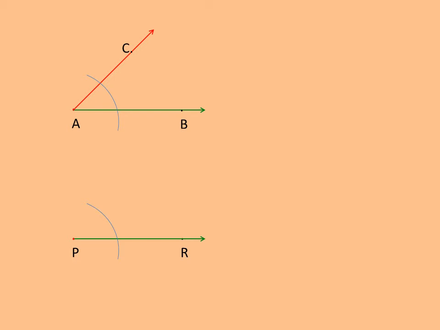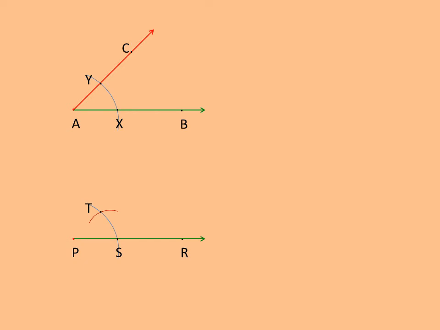The next step, we will name the points on the sides of angle CAB as X and Y. Now in our compass, we are going to measure XY as a radius. We are going to take XY as a radius. Clear? And then the point S on ray PR. As you have seen, point S, we will keep the pointer at point S and cut the arc which will intersect the previously drawn arc. See here. Got it? So the intersection of the two arcs is point T.